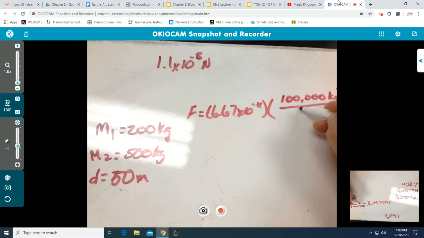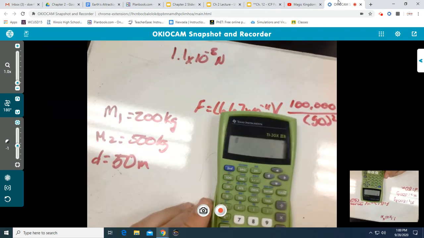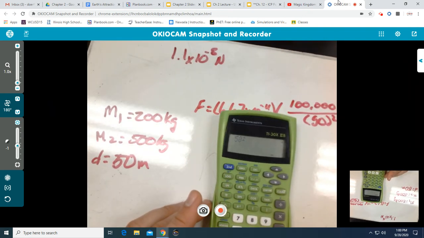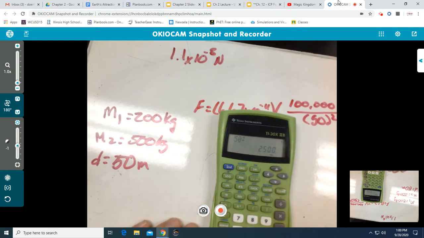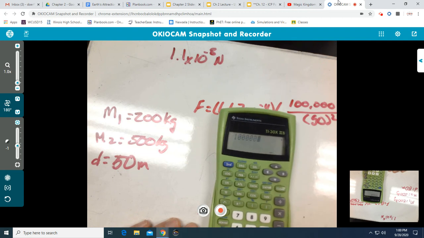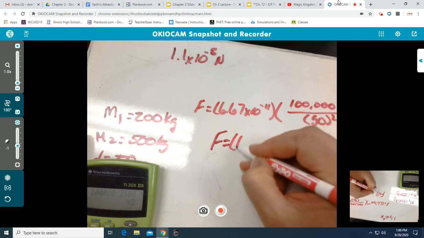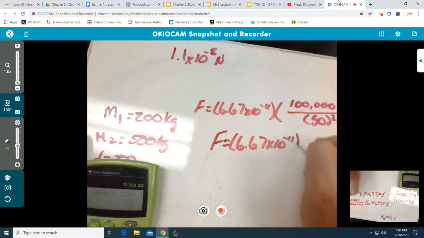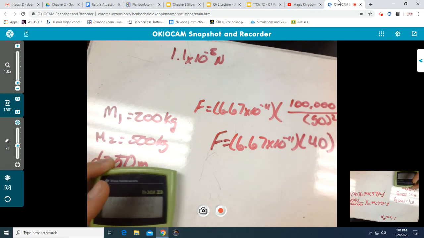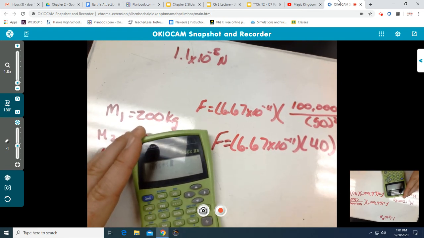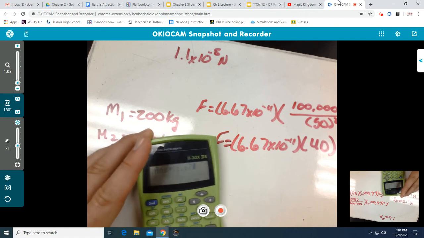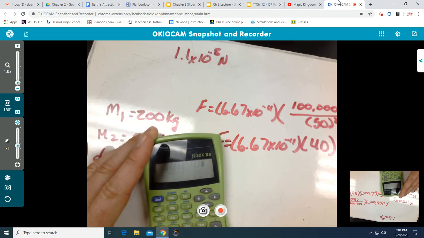divided by, this time, 50 squared. So bring in our handy dandy calculator, 50 squared. By this time you could probably go with your own method here. So 50 squared is 2,500. I'm going to take my 100,000 divided by 2,500, and I get 40. Now I've got 6.67 times 10 to the negative 11th times 40. You can already guess this is going to be a much different number. Plug into your calculator, 6.67 times 10 to the caret negative 11, close parentheses,